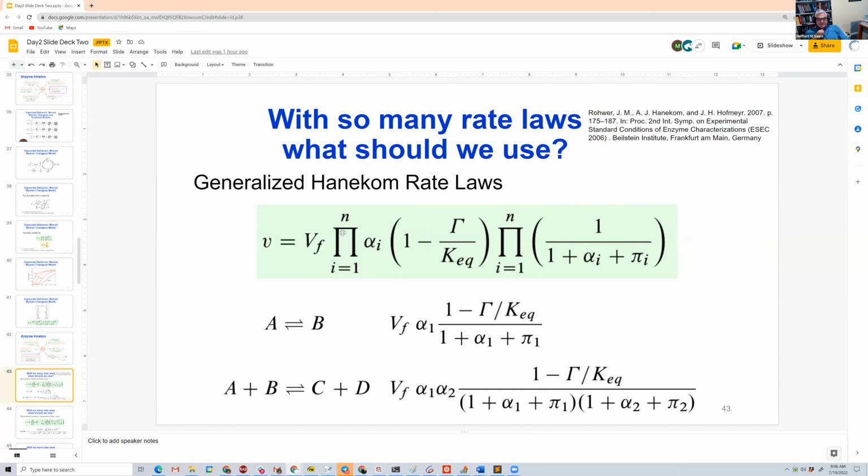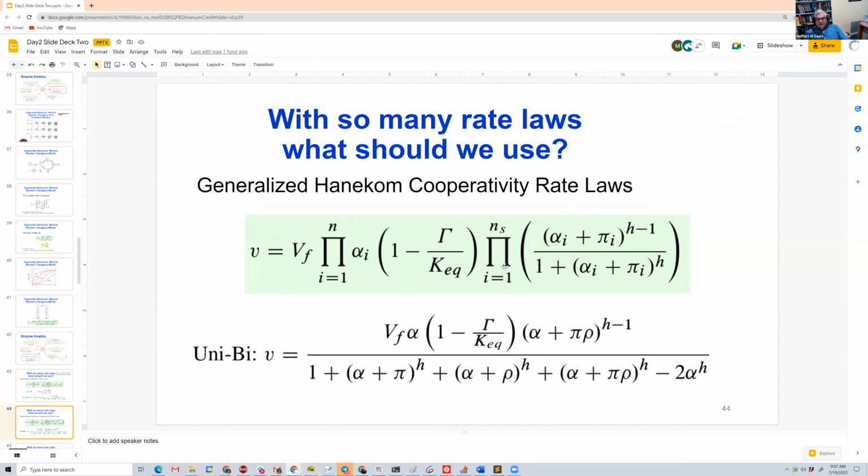And you can see that there's a product term here. So that's the number of products and substrates you have. And so you can make this as big as you want. So for example, this is a uni-uni. This is a bi-bi. So the bi-bi has two terms in the denominator and has two leading terms in the numerator. You can modify this